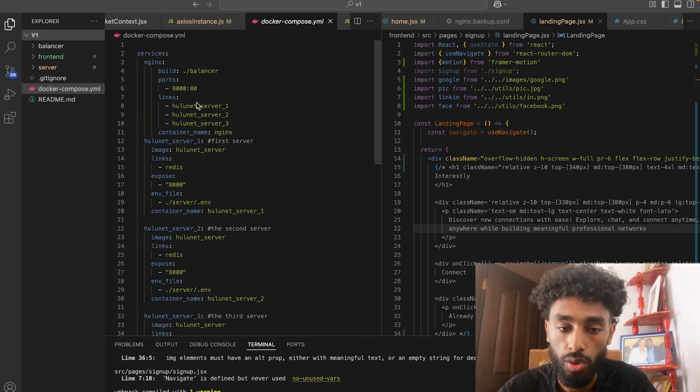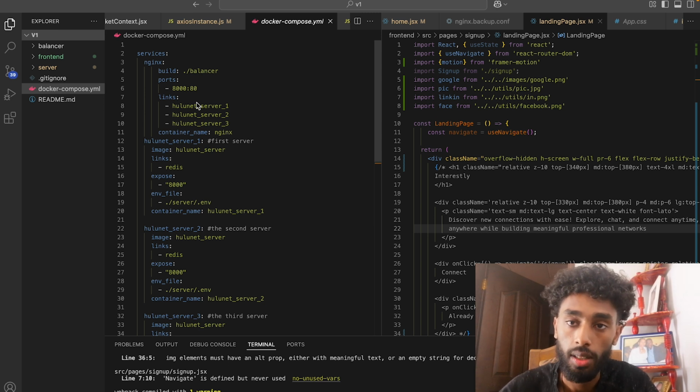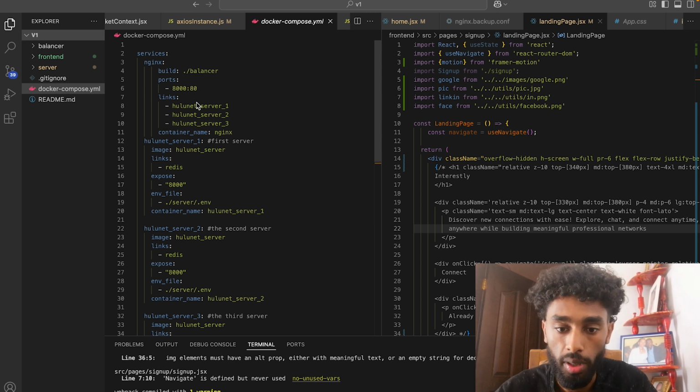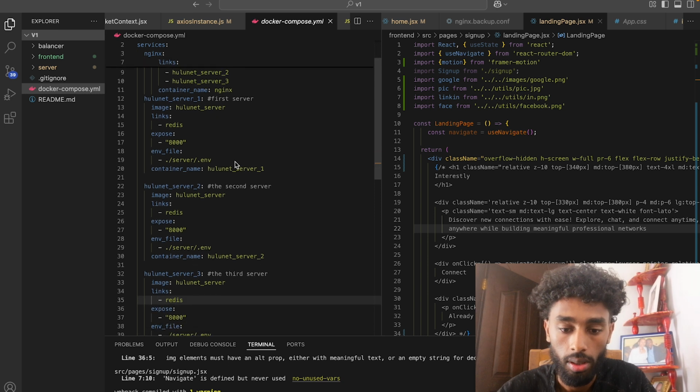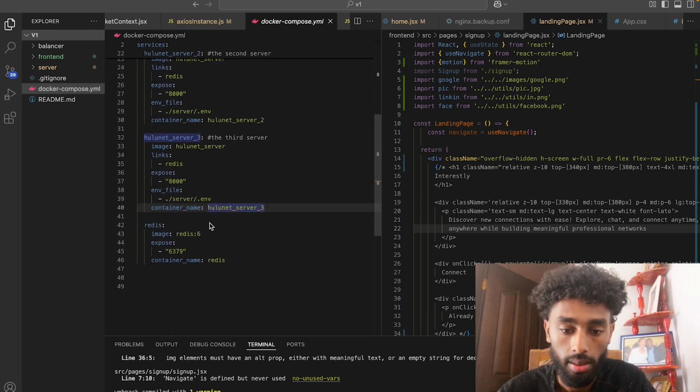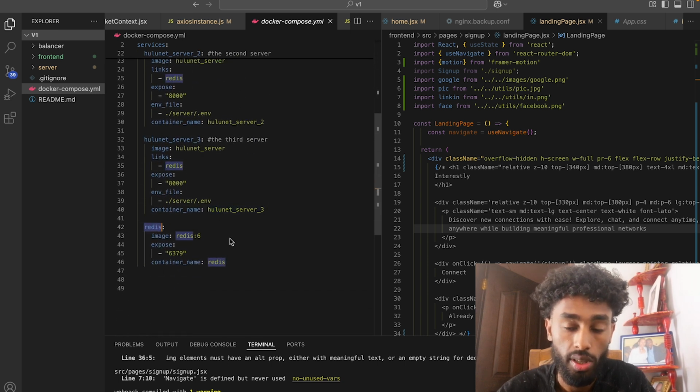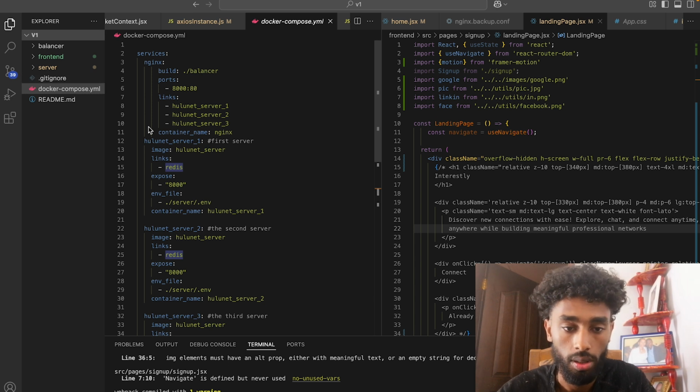There are multiple options to balance your load. This one is called round robin. I forgot the names, but there's one where it goes to the least loaded one. I think there are also other ones, but I used round robin because it's easier and it's the default one. So basically it's that, and here we have a Redis, which I mentioned before,